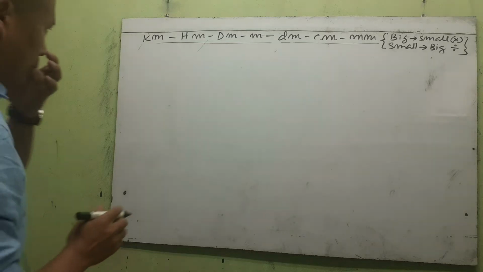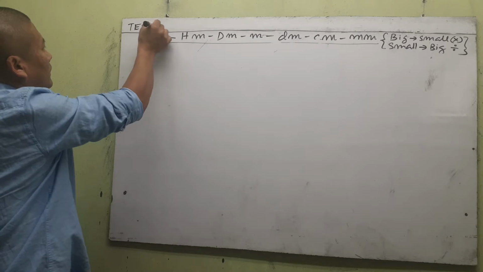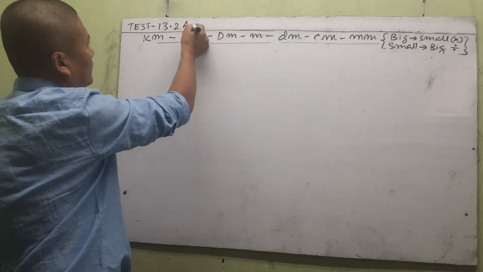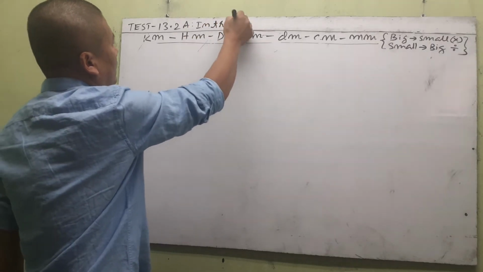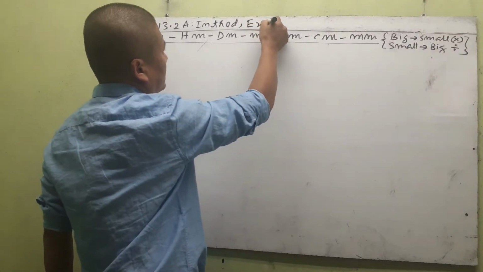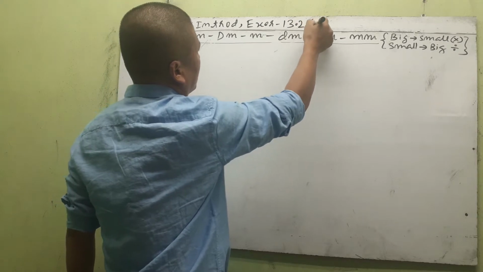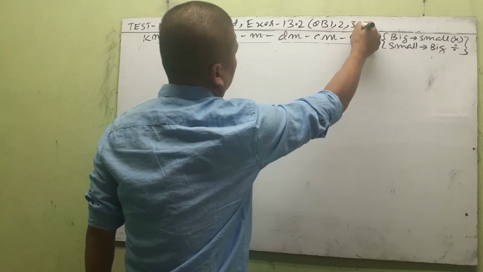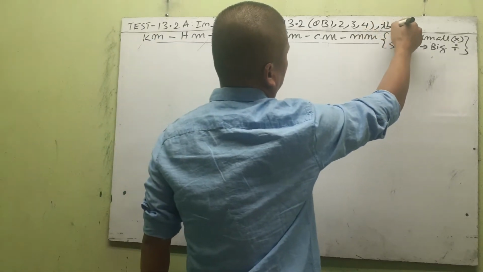Okay, so the next test we're going to do is your test 13.2A. This will include your introduction, then the questions in exercise 13.2, question B, 1, 2, 3, and 4. All this you'll find from the textbook